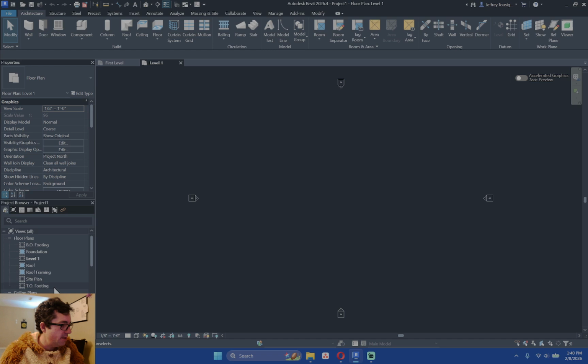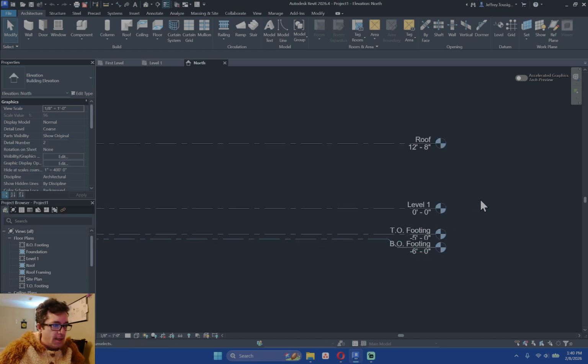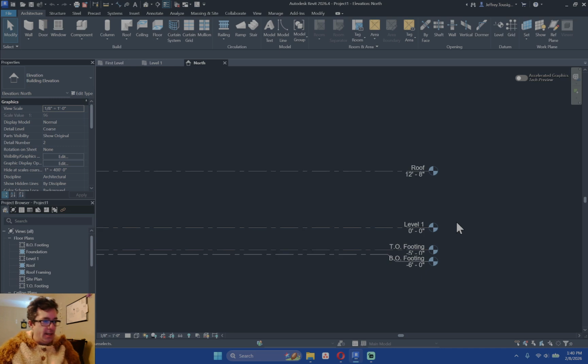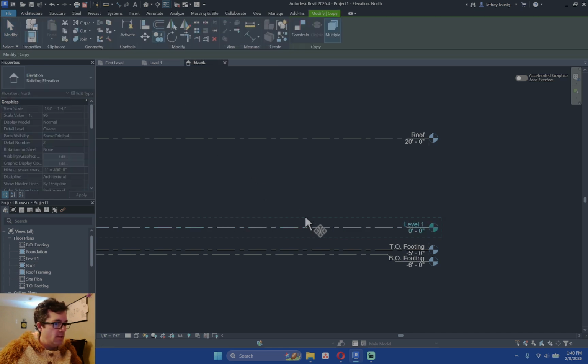So let's get going. There was a 2-story building, so I'm going to go ahead and pop into an elevation. And we've got some footings. We have level 1, we got roof. I'm just going to raise the roof up to 20. And I'm going to create another level 1